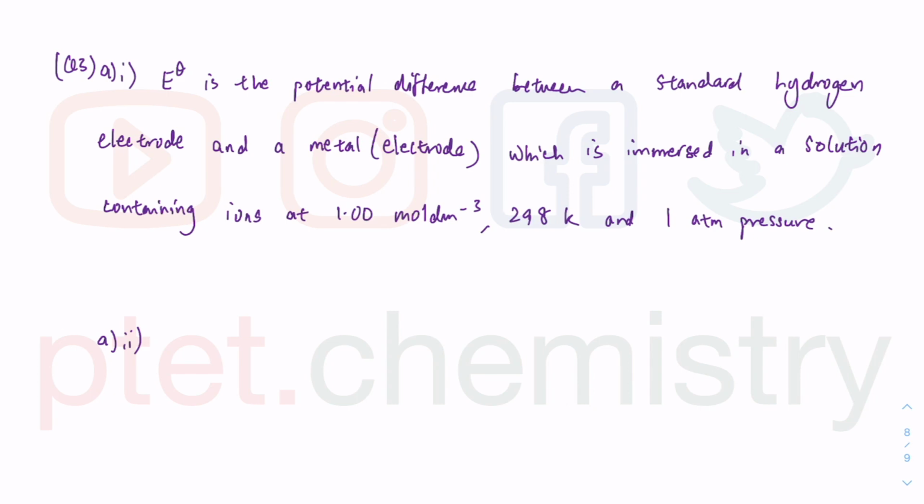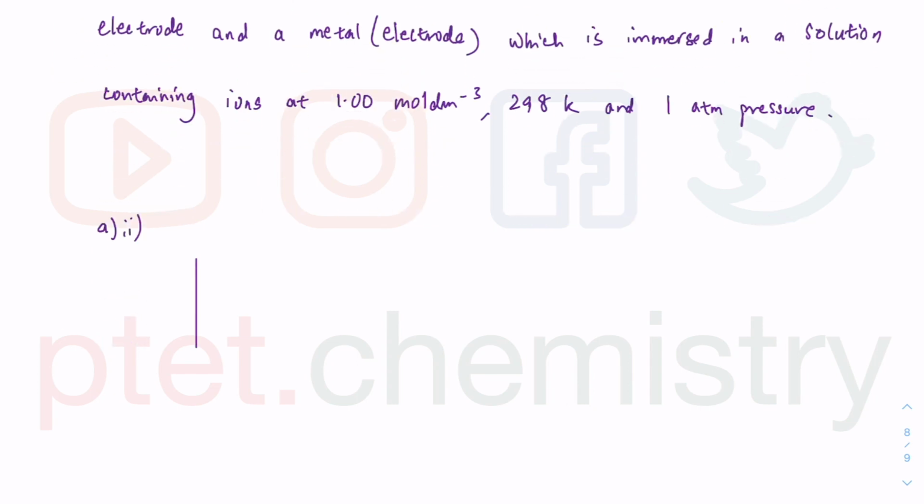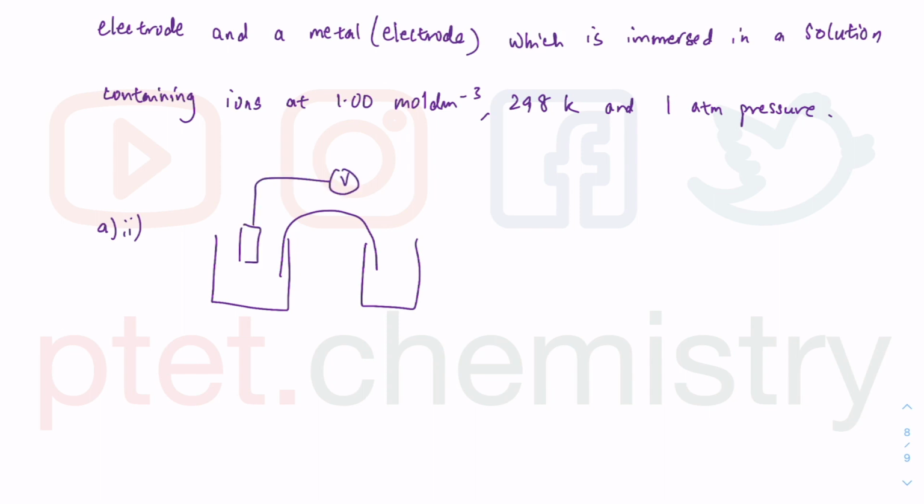Okay, so looking at what you have, if I just very quickly scribble out what we have. Never mind, I'll just draw it like that and that, and then we have the salt bridge, and then obviously we have a platinum electrode and a voltmeter going like that. We have a plus and a minus electrode there. What we have here is